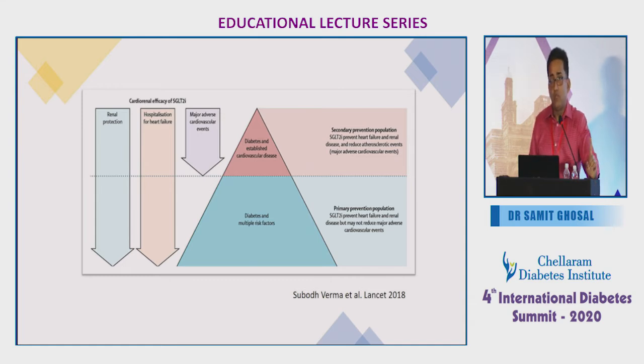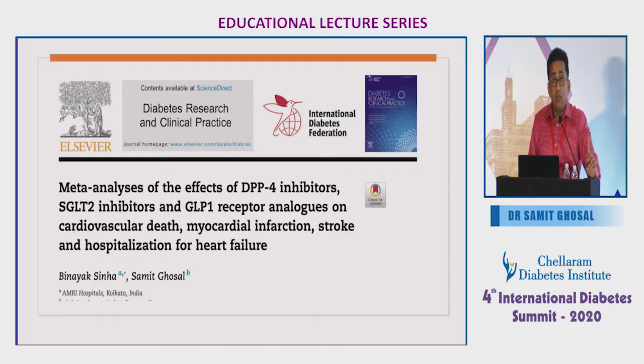We are allowing our patients to develop those complications, and then we are jumping in trying to do something about it. But instead of that, the blue zone is the opportunity zone, where if we can jump in, we can prevent the patients going into the red zone, and we can prevent a lot of complications. So in order to understand SGLT2, which is the molecule I'm supposed to talk about, how does it benefit compared to others? This is one of the meta-analyses which I did, with all the DPP-4 inhibitors, SGLT2 and GLP-1, with all their outcomes.